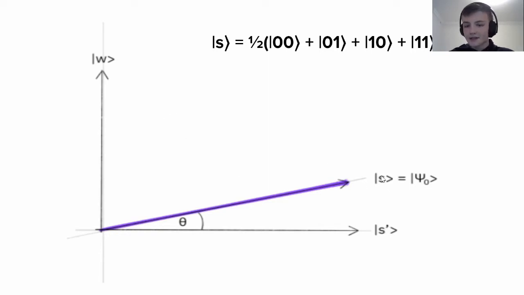It's just S minus the state of W. So it's a state S in which we have no probability of W. So it would look something like the top with only the 0, 0 state, the 0, 1 state, and the 1, 0 state, since we have no probability of measuring W once again. And we define this interior angle between S and S prime as theta.